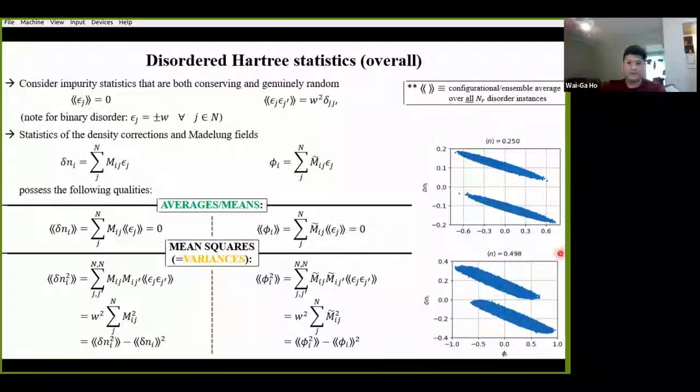All right, so we computed a bunch of things, including the averages and variances. But so far, we've only been talking about the overall statistics without any regard or distinction for chemical species. So basically, all we can determine at this level right now is that the total statistics are centered at 0, and that we have some measure of the spread, the variance, of the overall distribution. But if we want to resolve the disordered Hartree statistics a bit more, well, we're going to have to dig a bit deeper and start looking at subsets of these overall statistics, which can help us discriminate between different chemical species.